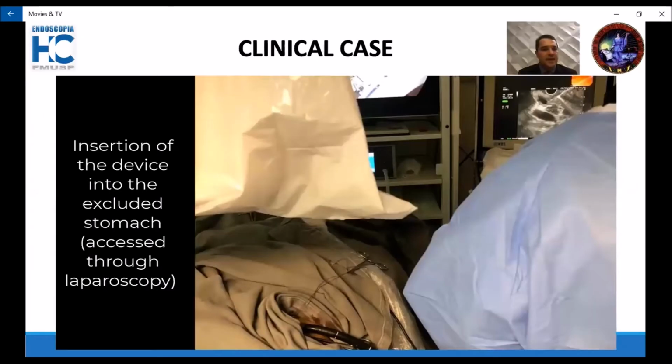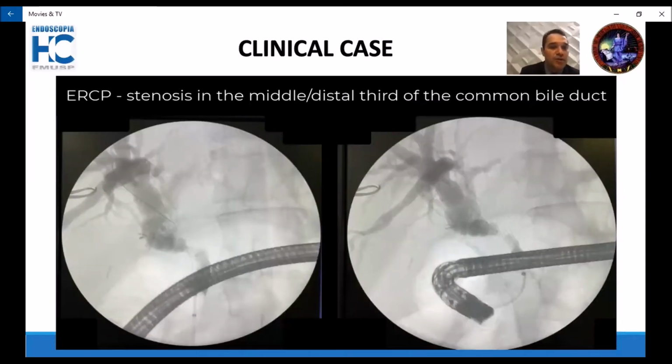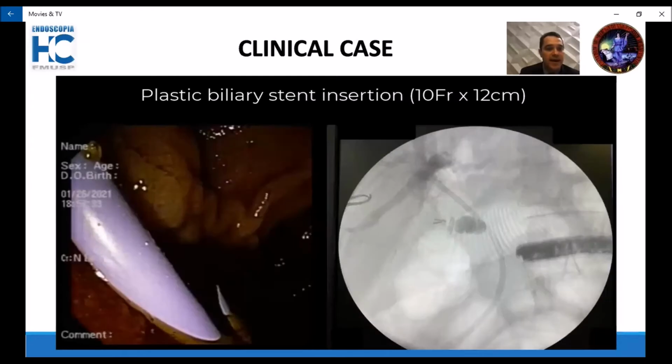In this clinical case, after the surgery fixed the excluded stomach to the abdominal wall, I introduced the duodenoscope into the excluded stomach, and the ERCP showed a stenosis in the middle distal third of the common bile duct. A biopsy was performed, guided by forceps, of the biliary stenosis here, and